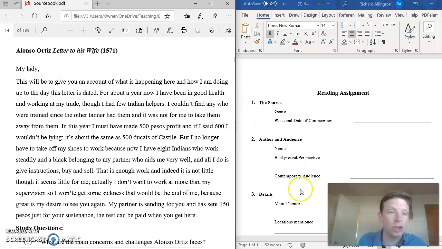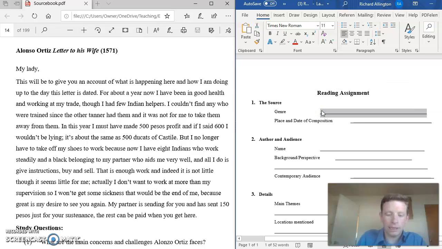And so we begin with the genre. What's the genre of the text, or what type of text this is? Do not write historical and just kind of call it good. There are some texts in this class where historical will be the correct answer, but most of the time I'm looking for something more specific. In this case, it's a letter. The type of document that it is a letter, so I write letter here next to genre.